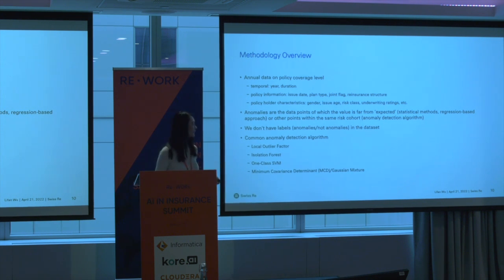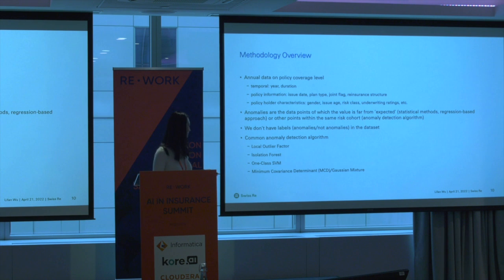Or we can even run a regression analysis to derive the expected premium rate and go from there. Another way to do it is to compare this data point with other points in the same risk cohort. But in the dataset, we don't have any labels, aka we don't really know whether it is an anomaly or not ahead of time. So it is an unsupervised learning problem, and we will use some anomaly detection algorithm to do